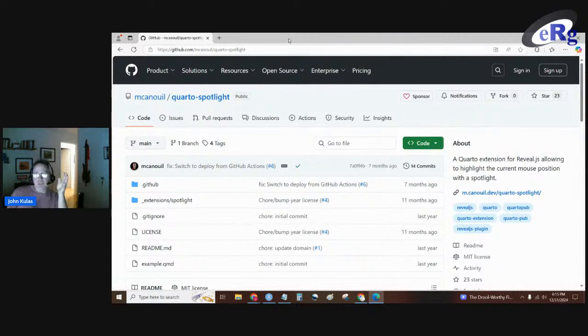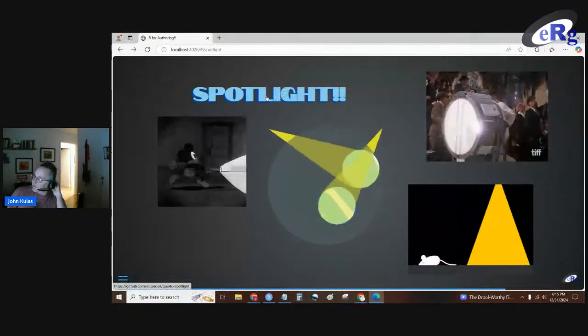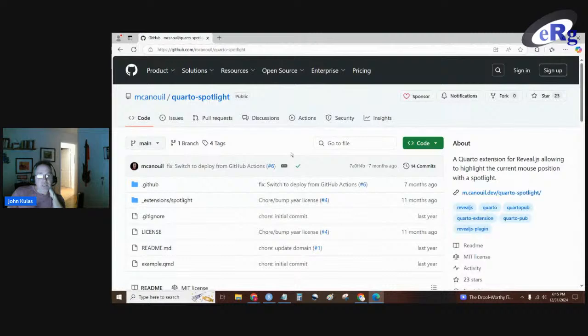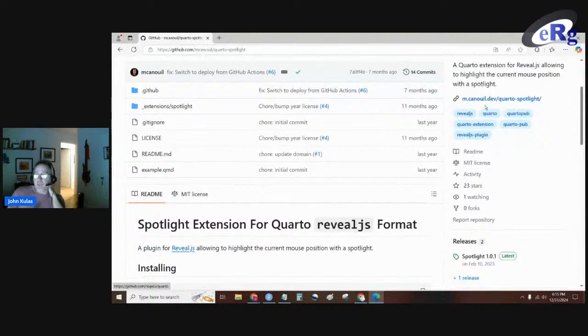Again, there's a hyperlink to it on the slide deck. The title of this card here is hyperlinked, and so that's how I'm going to navigate to it. And it highlights the current mouse position with the spotlight. If you want to see an example,